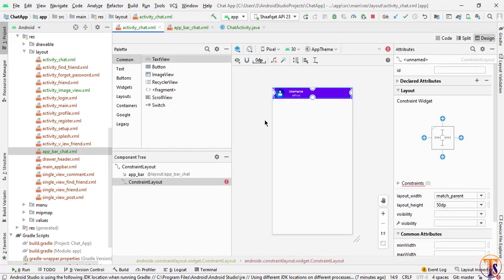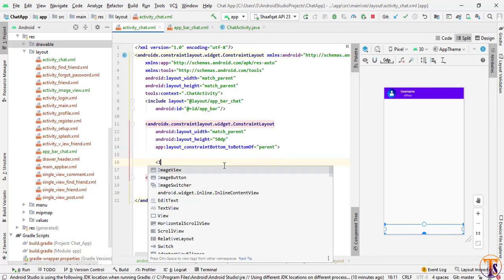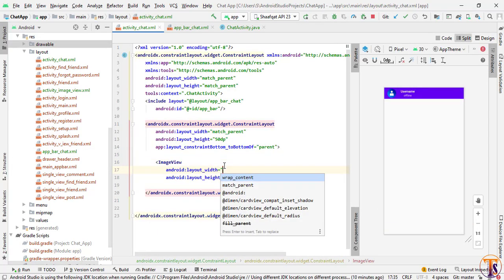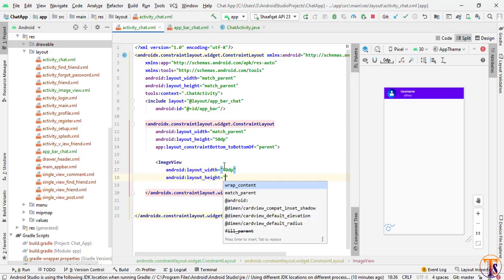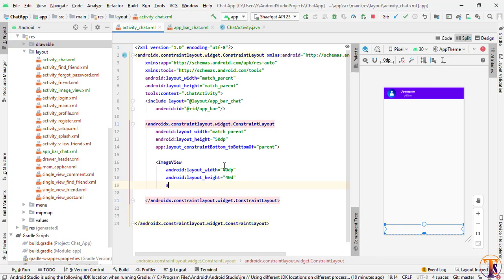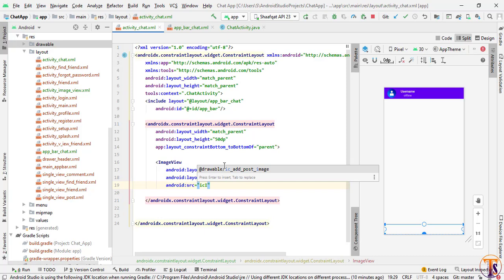Okay, now go to design and select this constraint layout and add the constraint at the bottom like this. Inside this constraint layout, we will add an edit text. So here we will select first an image view, that will be 40 dp width and 40 dp height, and here I will select source, and here we have to give ic add post image.